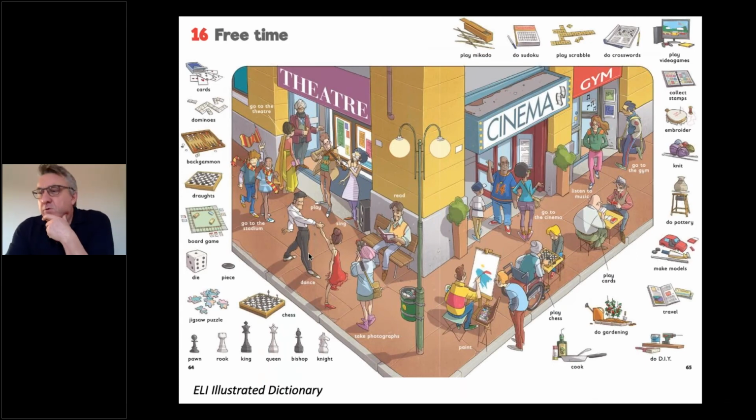Now we're going to look at something a bit more complicated, because I'm aware that there are adults, teachers of adults here, in secondary, looking for a bit more meat. So here's what I did from the Ellie Illustrated Dictionary. And I look at this and I'm thinking, okay, this is great. We can do a lot here. There's vocabulary. I can see it's about pastimes, playing games. So I see opportunities here to talk about all sorts of things, but it's not just a picture to teach vocabulary. That's not what I would want to do here.